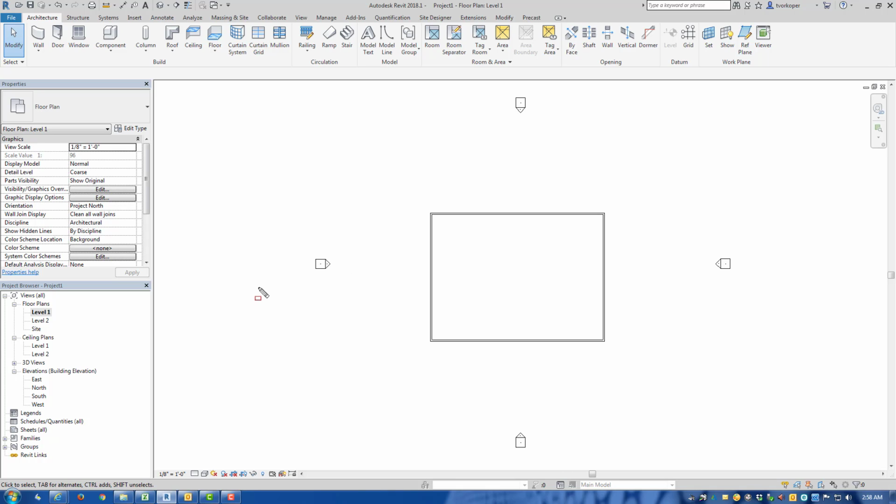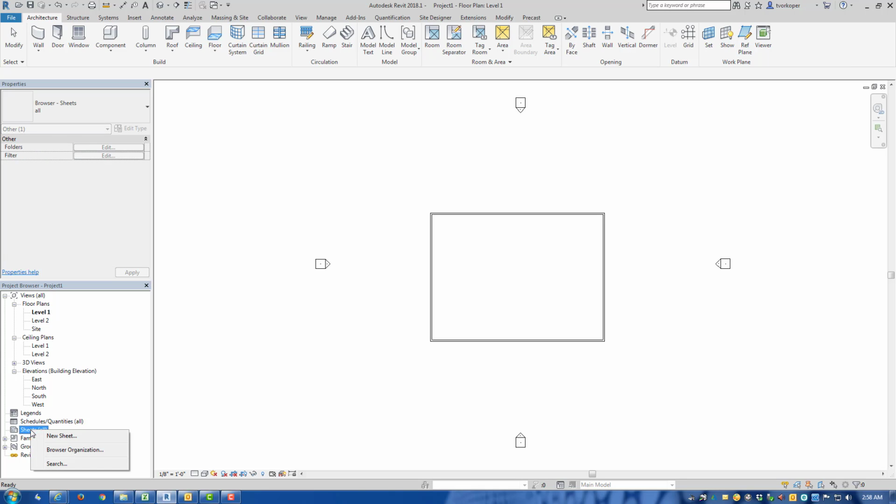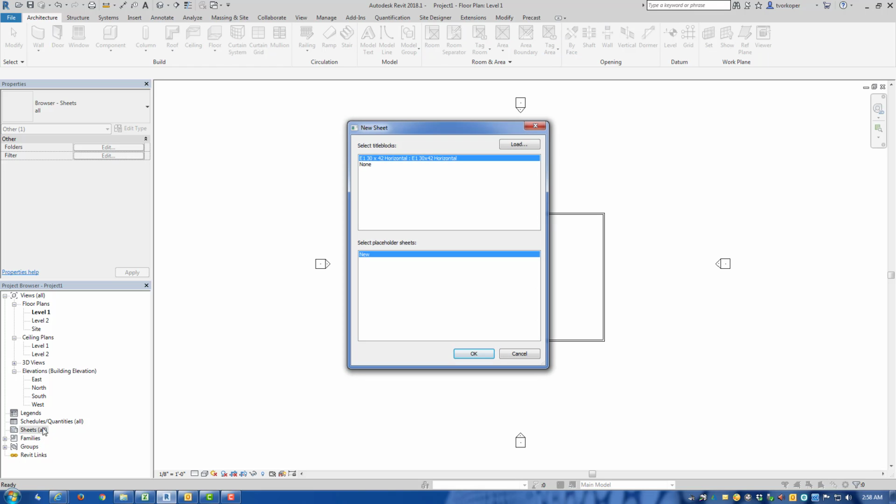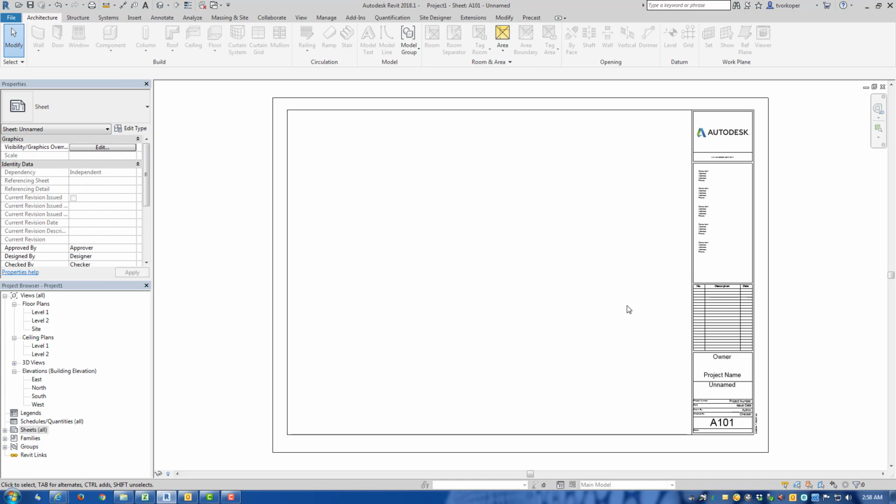The first thing we want to do is add the title block, and you do that through your project browser by right-clicking on the sheets and adding a new sheet. When you add a new sheet, Revit wants you to specify what title block you'll use for that sheet. There's one already loaded, an E1, which has the dimensions of 30 by 42, and we don't need to load any new ones. We'll just use the 30 by 42, hit OK, and it loads that title